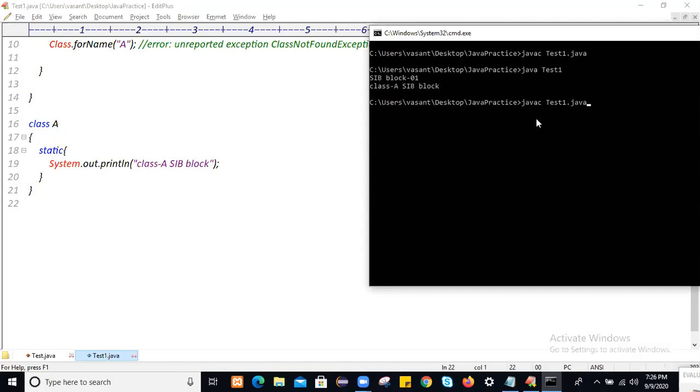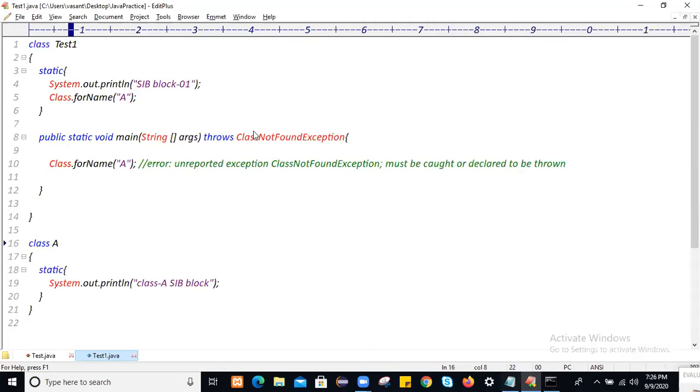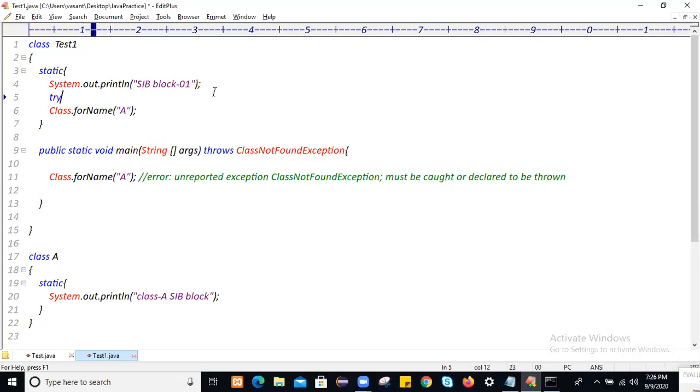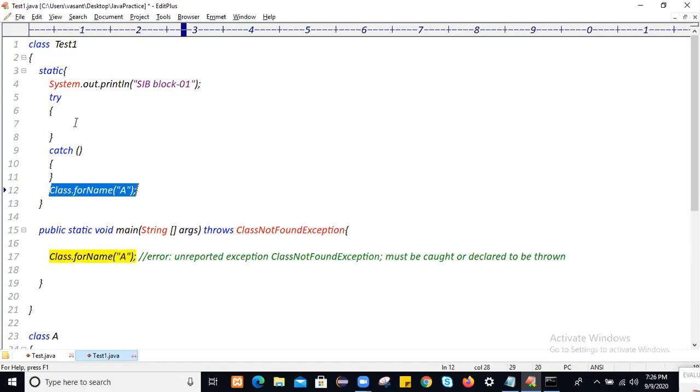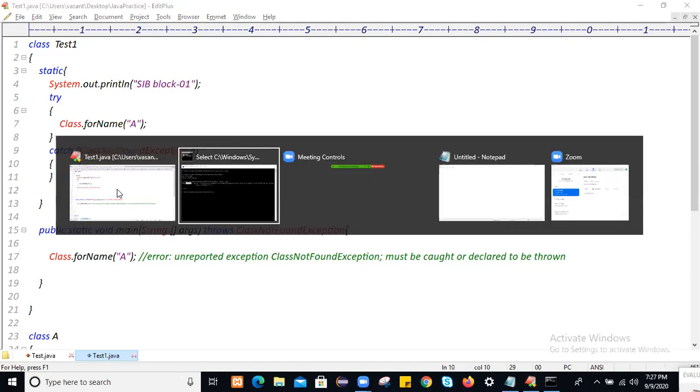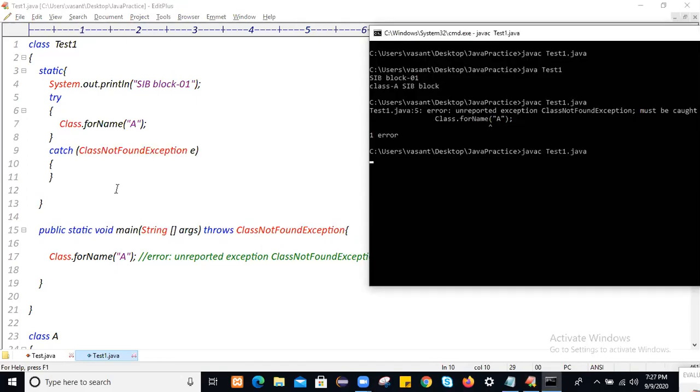So to compile it, just use javac. So how many times will the class's static block logic get executed? Actually, you see an unreported exception. Class.forName at line number 5, here we are getting that exception. To handle this exception, we can throw it to this block, or else we handle it by using try catch. So here I will handle it by using try catch. Control X, keep this risky code within this, and just throw this exception. It will create an exception object. That exception part we will see later in the exception chapter. Let me compile once again.